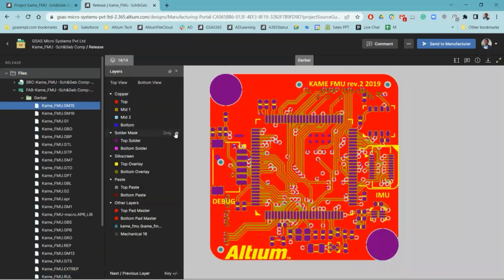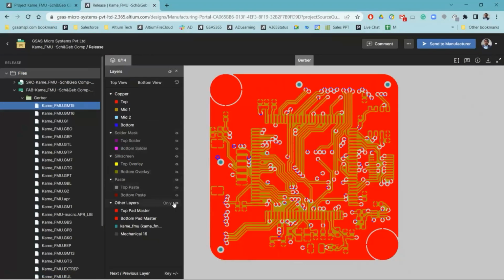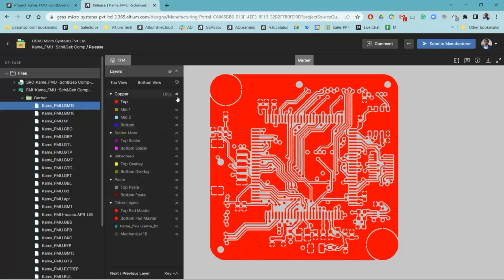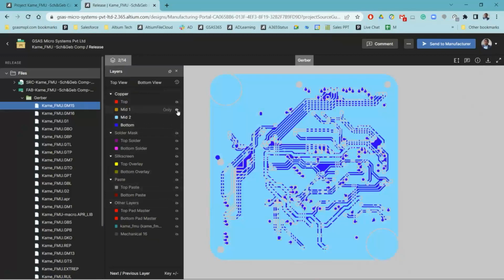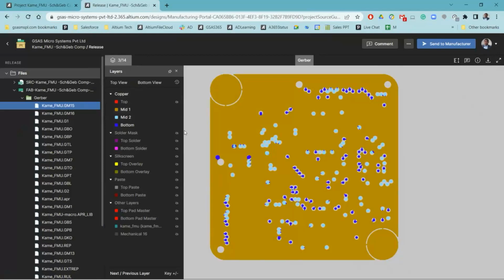You can switch off all the layers, and you can cross-verify layer by layer by enabling and disabling each layer. Suppose I find only the mid layer one, I can enable only that mid layer and disable the rest, so that I can quickly